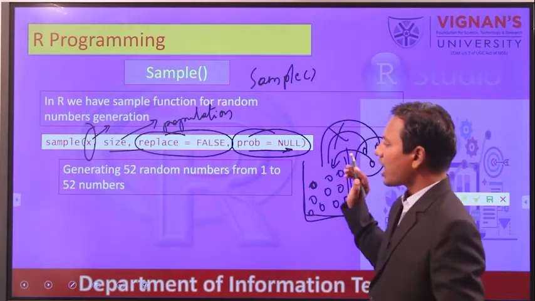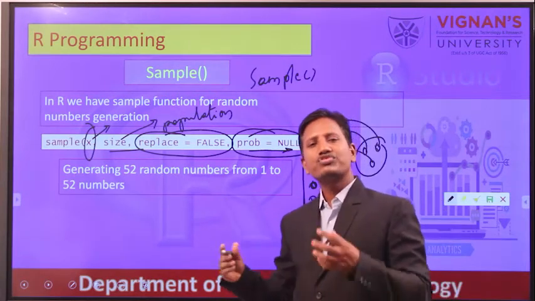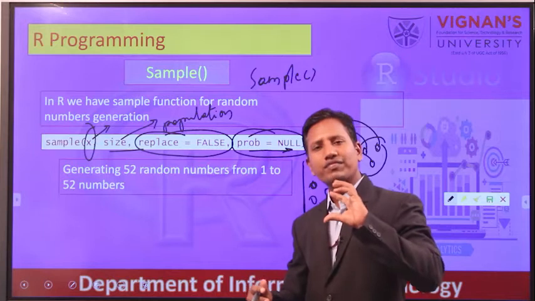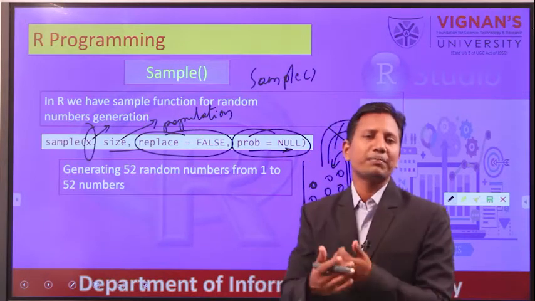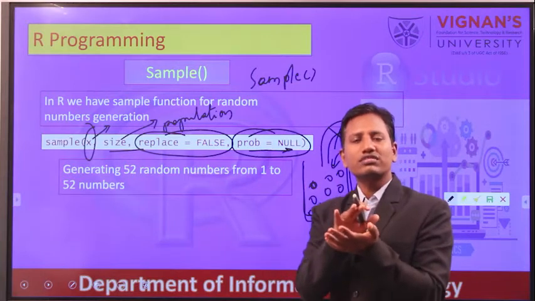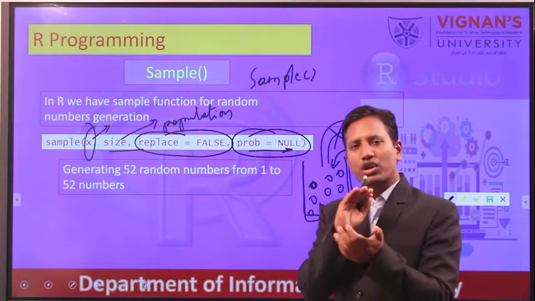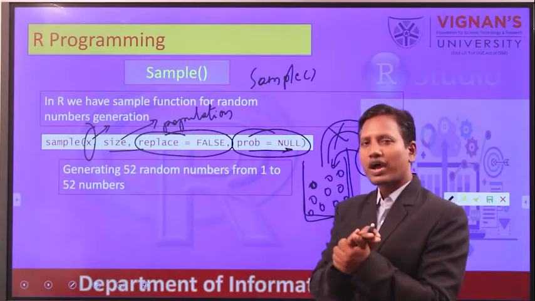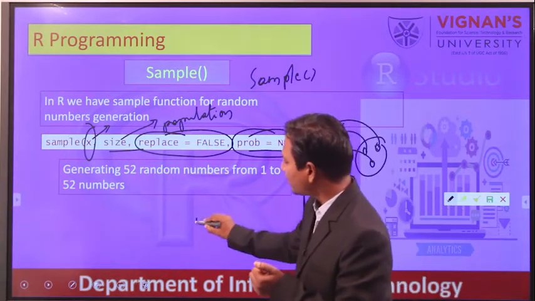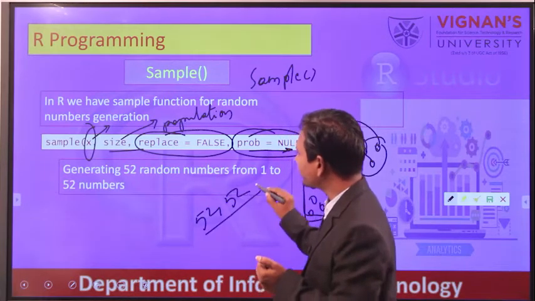So our idea is that we want to generate our 52 cards in a random manner. In the sense, the total deck of cards I want to shuffle. So in order to shuffle that, I pick 52 cards out of 52 randomly.